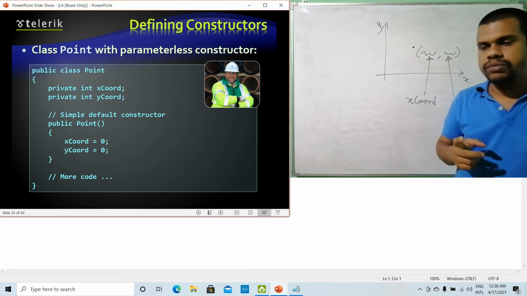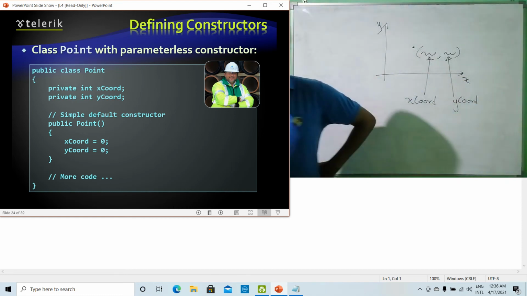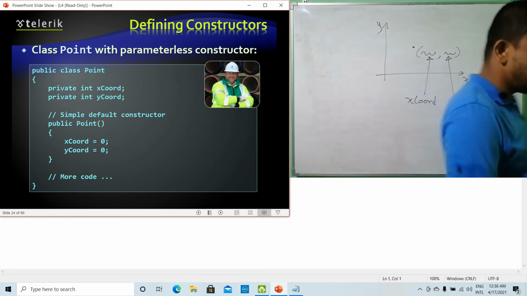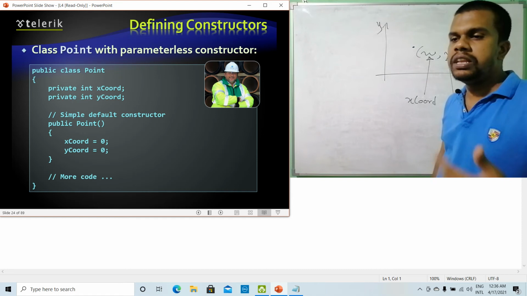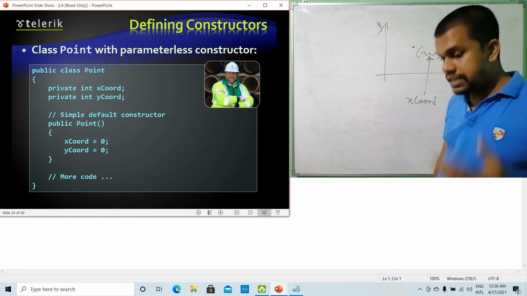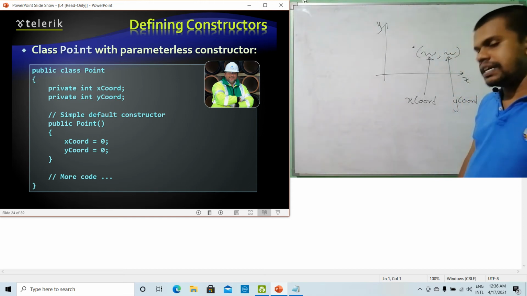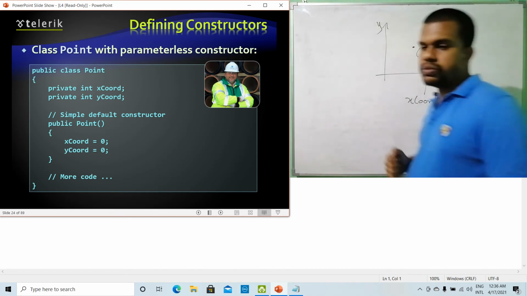In C# also we have the same thing. If we do not include our own constructor to a given class, then the C# compiler will automatically create a constructor for us, and that constructor will assign default values to the fields. Okay, so now